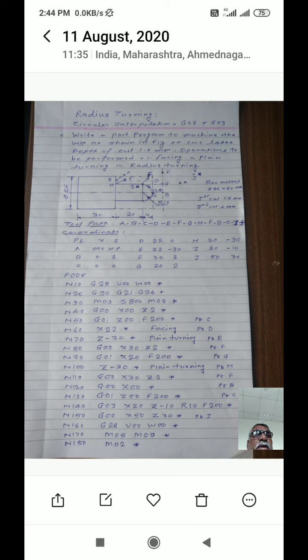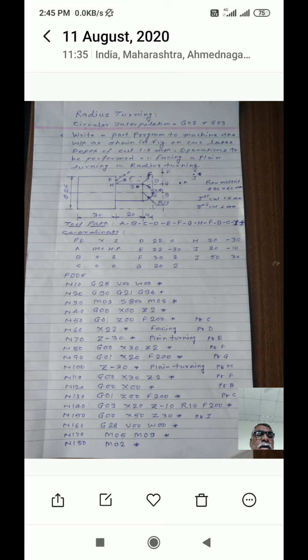X20 is the X value, and Z minus 10, how much is the radius? Radius is 10, so this distance is minus 10. These are the end points of the arc. The starting point of the arc is mentioned in the previous block, means your tool is at point C, that is the starting point. From C you have to move the tool to I, along the arc of a circle, that is the circular interpolation function, and mention its end points.